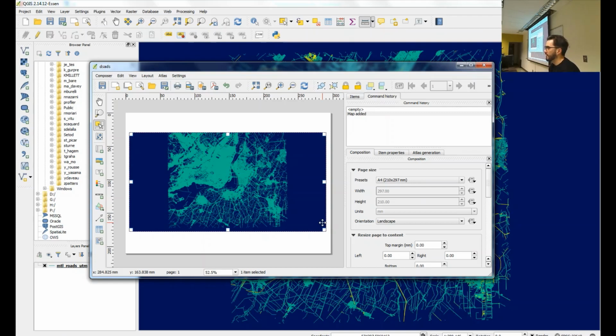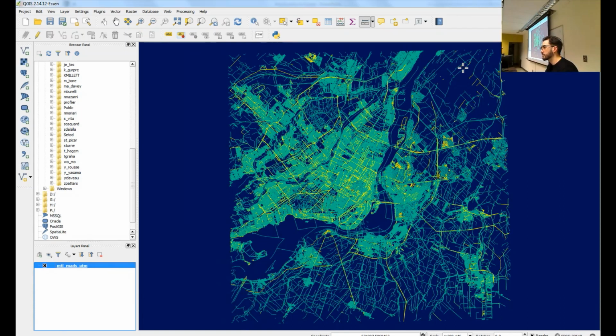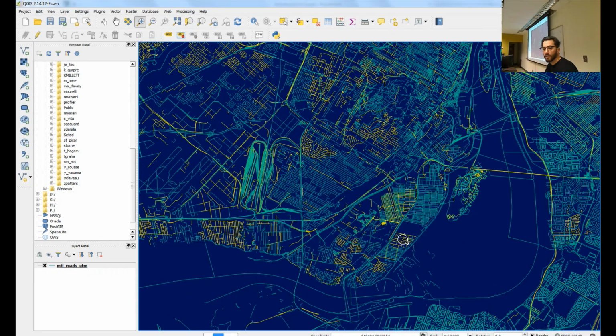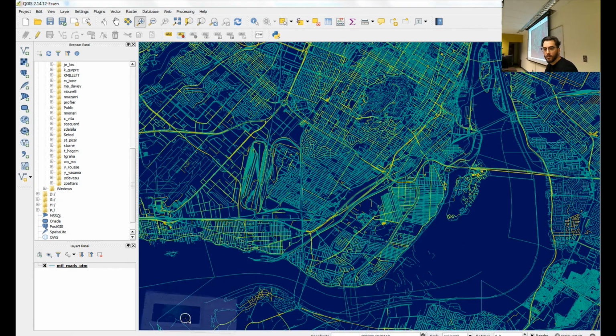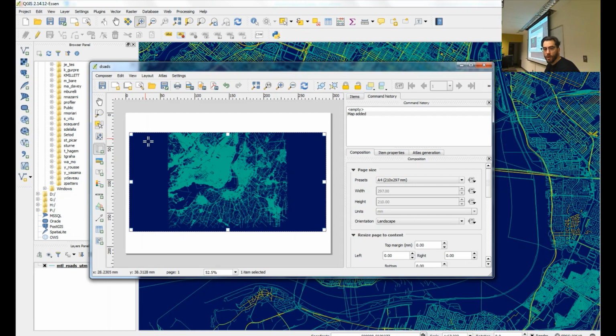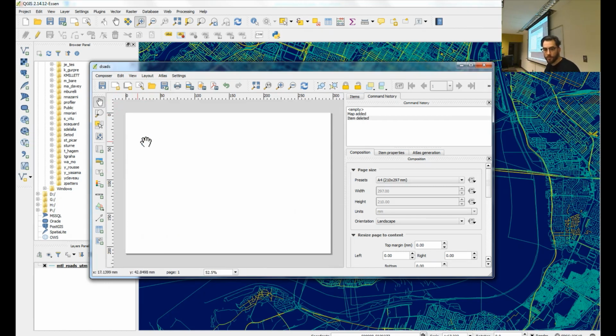This is where things get confusing. I drew this rectangle and it filled it with my map, but how did it decide, why did it put all this empty space here? The reason is that it paints exactly what is in your view screen right now. So now I can zoom in here, and when I draw a new box, I'm going to erase this box first. Now when I draw a new one,